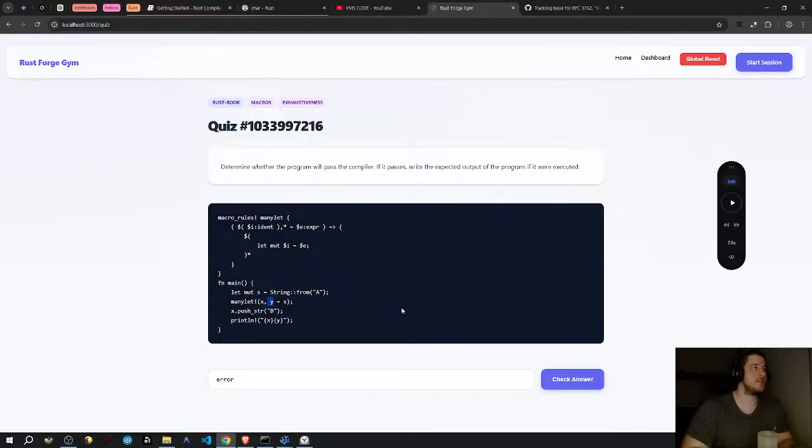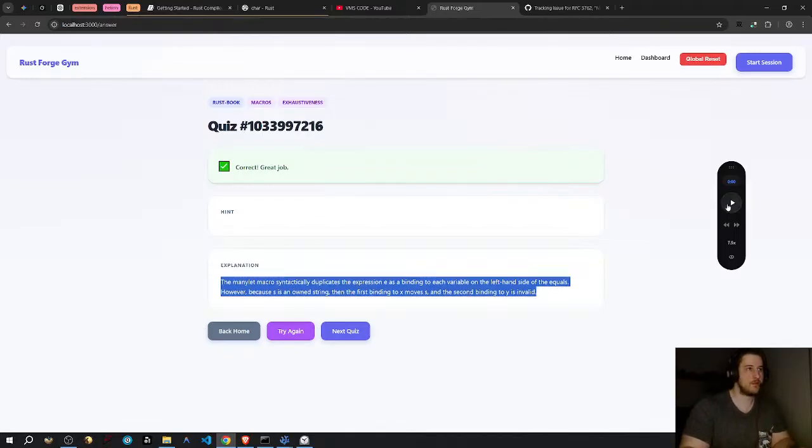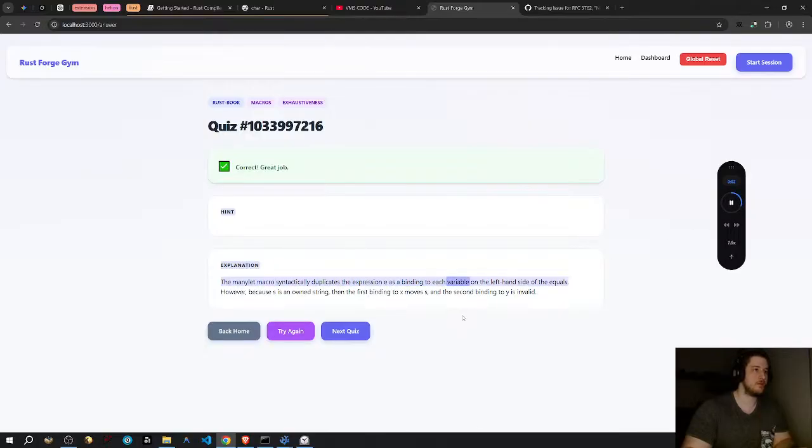Because I think it's the double free or something like that. I don't remember the reason why, but I think it's an error. Either a double free or an undefined behavior. That's because it's a non-owned string. S is an owned string, then the first binding to x moves s, and the second binding to y is invalid. Because you're trying to